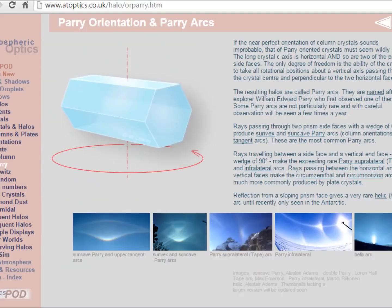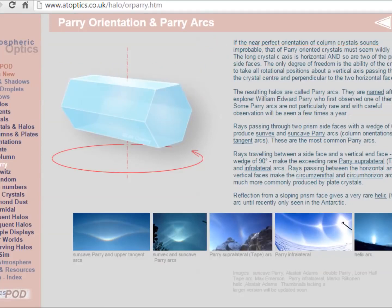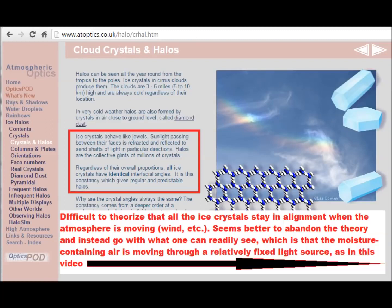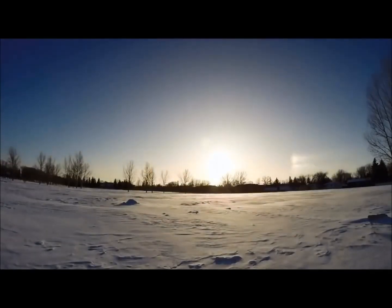The PSIC model depends on ice crystals being oriented a specific way in the atmosphere when the air is blowing around. And it's hard to imagine how the crystals can be oriented specifically when the air is moving around so much. And furthermore, we can see right here we have clouds and so forth. It's not just Arctic type of ice crystal, icy air that creates this. You can have it happen in a snowstorm, in a rainstorm, and on the horizon on the beach in Florida,